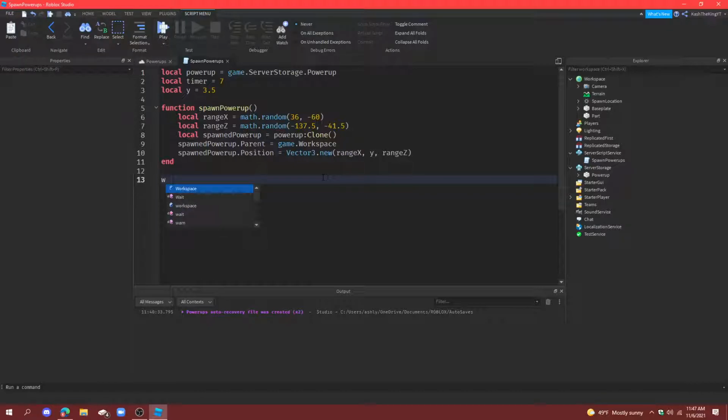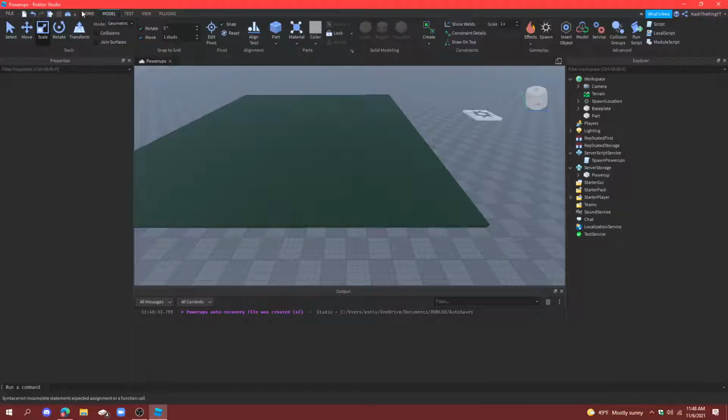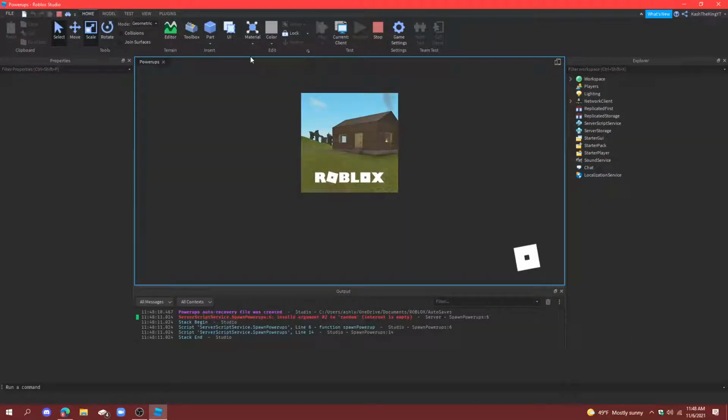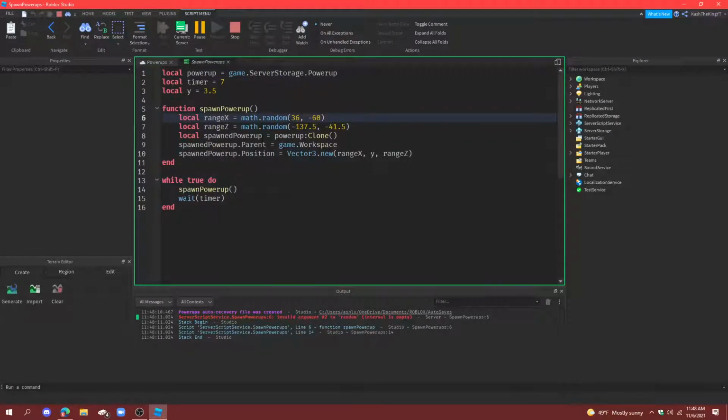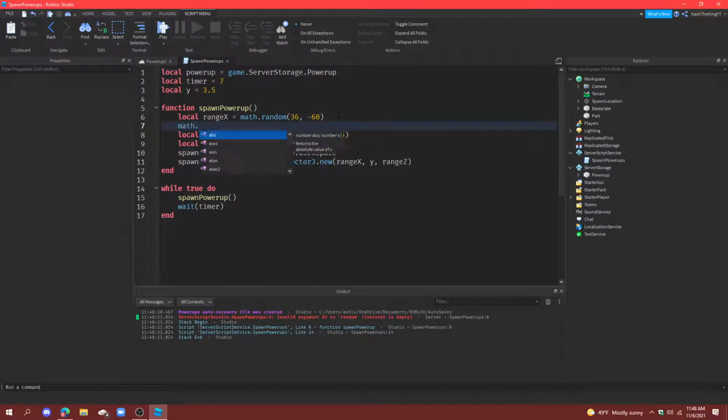Now go down here and do repeat until false. And actually, no, we're not going to do repeat. We're just going to do while true do, and then wait timer after we clone the power up. So spawn power up. And now we're finished. So if we just go ahead and press play, we did get an error right here. The interval is empty. So if we just go down here and type math.random,